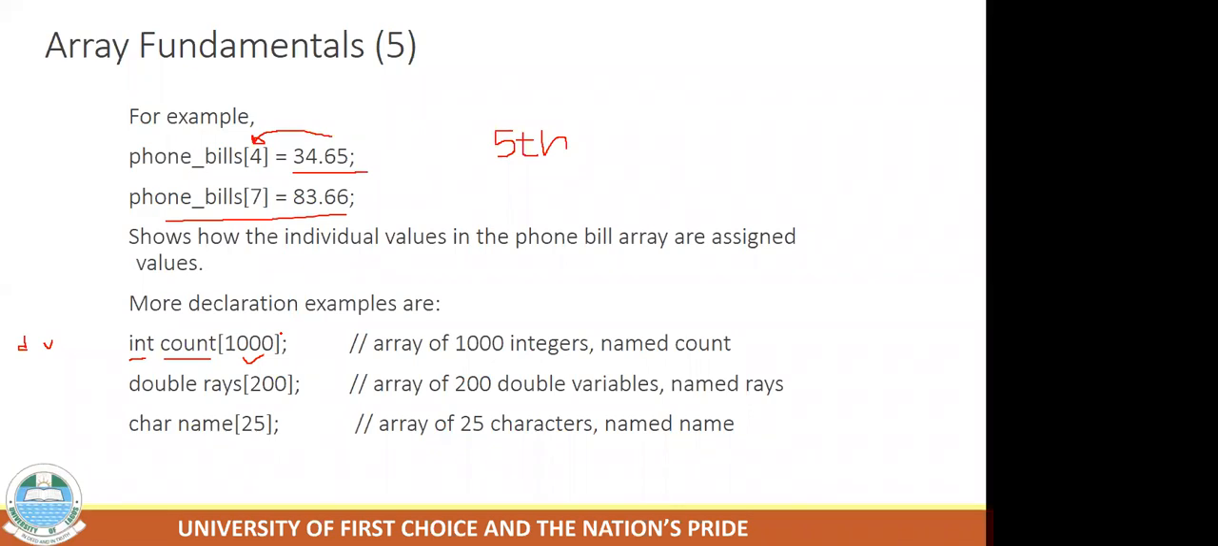Engineers or programmers always look for ways to simplify life. So yeah, we've been able to create 200 variables of the type what? Double. Here we have been able to create an array of 25 characters, you can see, 25 array of what? Character. So